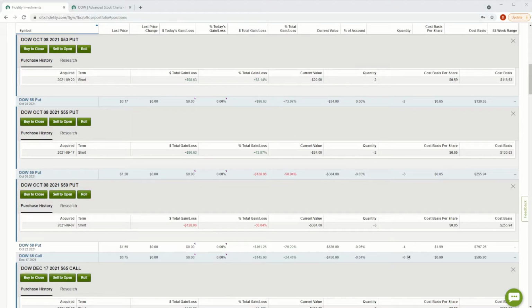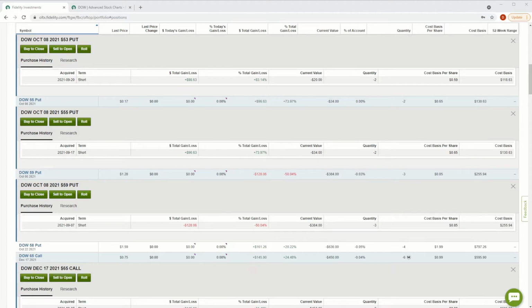But one of the things that I love so much about options is you don't have to just buy to close. You don't have to just wait for expiration. You can do things like roll. You can do so many different things. And when you're talking about rolling, it is simply buying to close and selling to open. But when we look at this, your perspective will change. This is going to give you some insight into how options truly work. It's going to make your brain think a little bit, and you're probably going to get some great ideas out of this. So let's look at rolling this option, which is simply buy to close, sell to open,